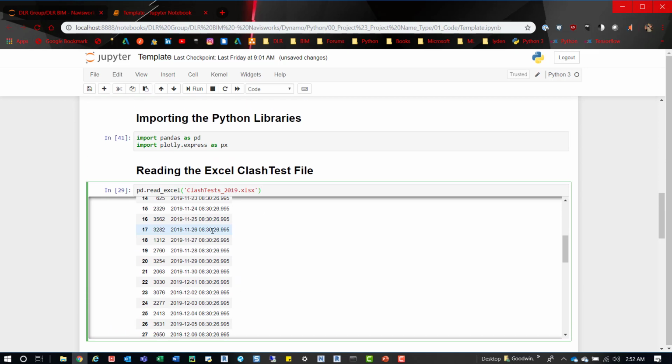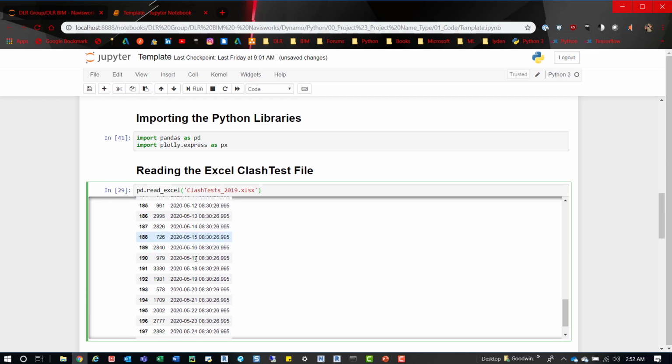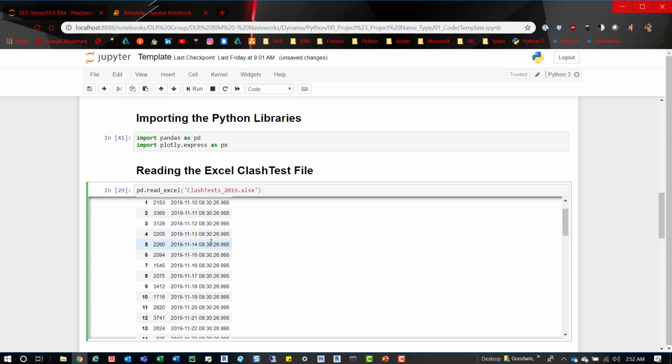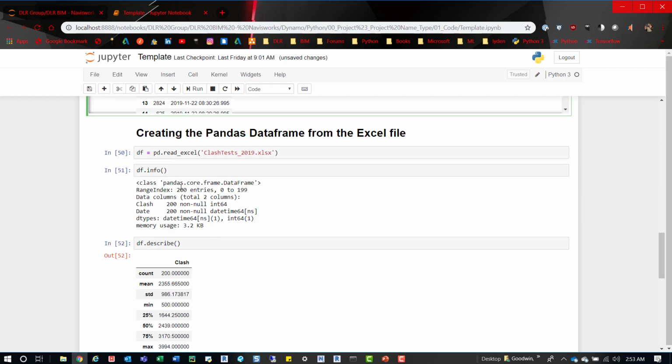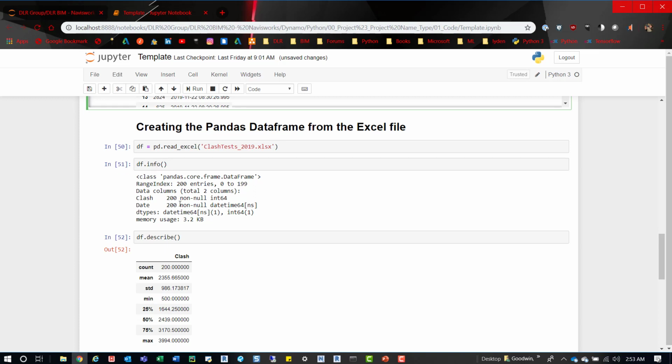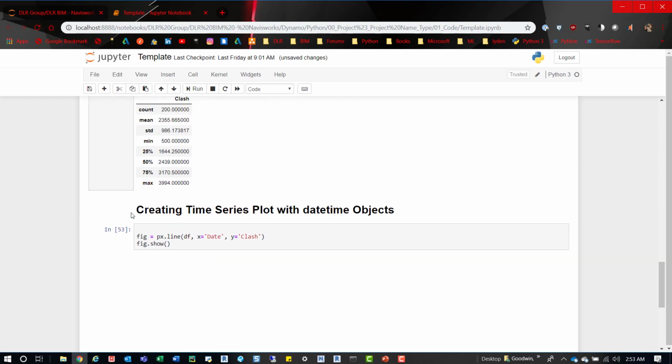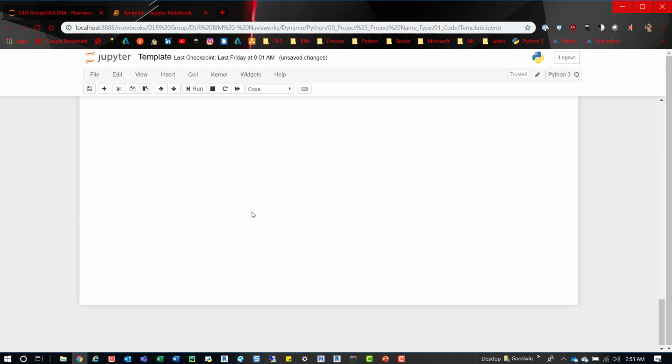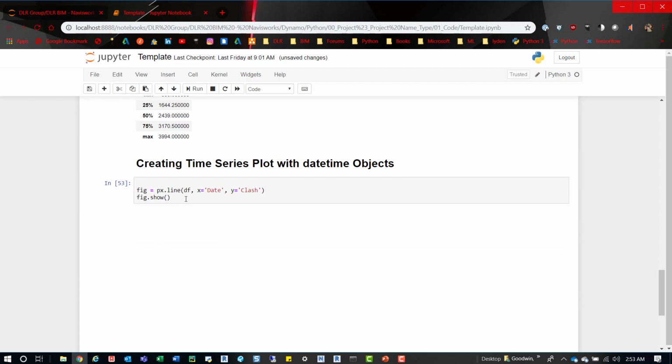So this is the actual information now. So you can see pandas, and that's what that pd means. We can see up here, import pandas as pd. So pd.read_excel. So we read that Excel, we now have a database of that information. Down here, I just make a data frame, so a pandas DataFrame. And then down here, I can get some info on that data frame, dataframe.info, get some stuff, describe it, get some more information. And then down here is the bit on actually